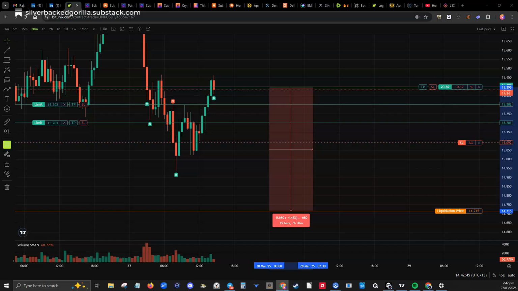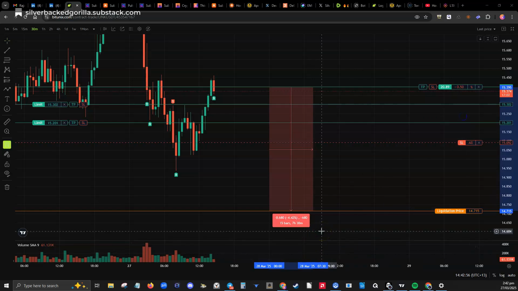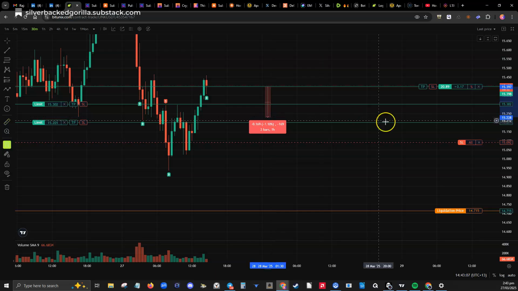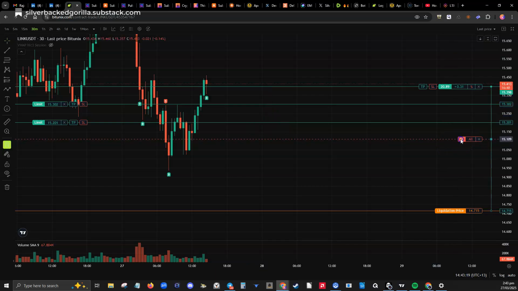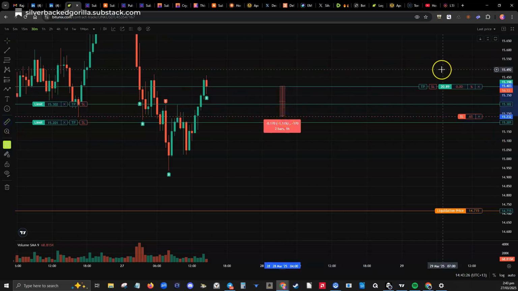4.42. So if you want to do this, you just pull up a calculator and go 4.42 divided by 4 is 1.1, right? So what you can do is come back here and go from here. You just want to go 1.1. Okay, that would be 1/4 of the position. So what you would do is move your stop loss up to that 1.1. Okay, so that would be risking 20% of the position.